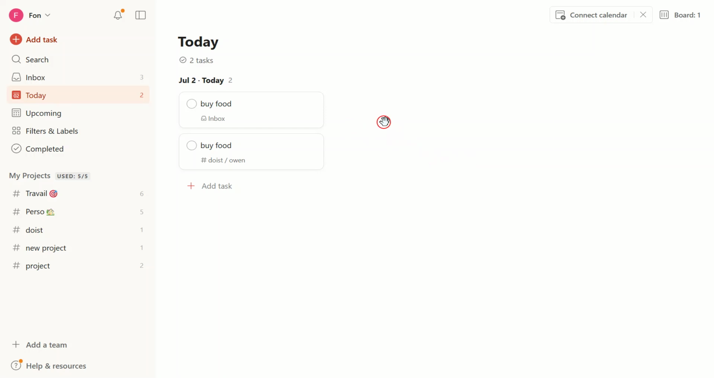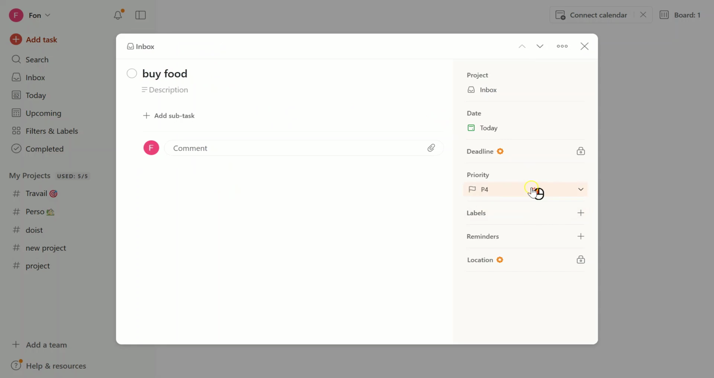Now let's get to assigning priorities to your tasks. To do this, you just click on the task, then click on the priority flag and select the priority level. This is important because the color you choose represents the urgency and importance of the task. If it's a high priority task that needs immediate attention, make it red. A task that can wait a bit longer can be orange or yellow, and tasks with no time sensitivity can